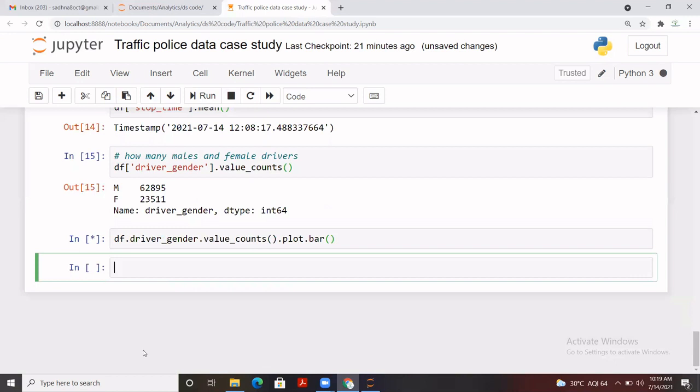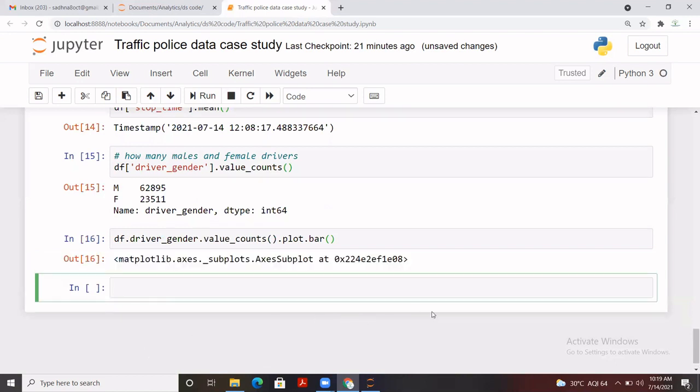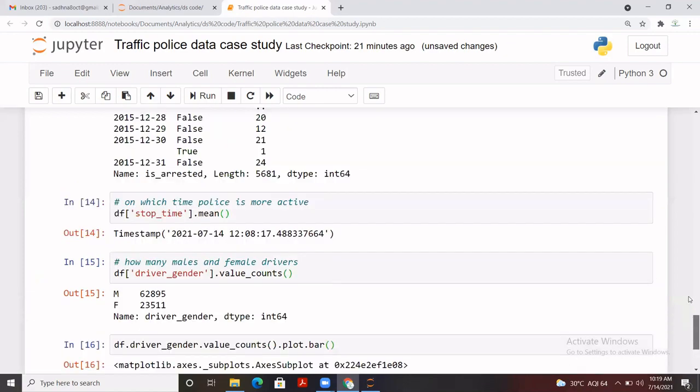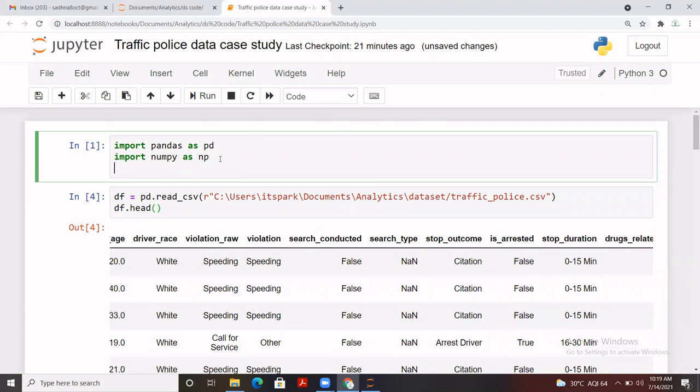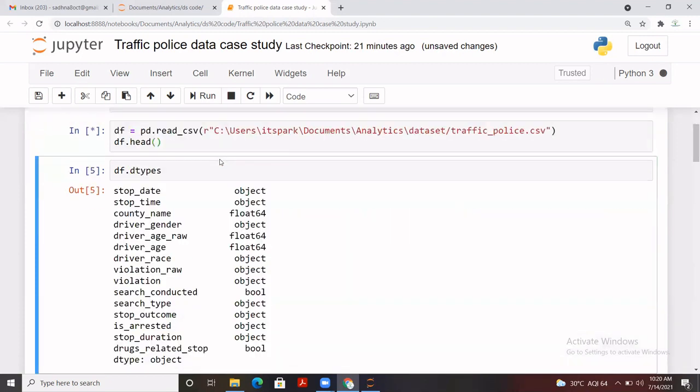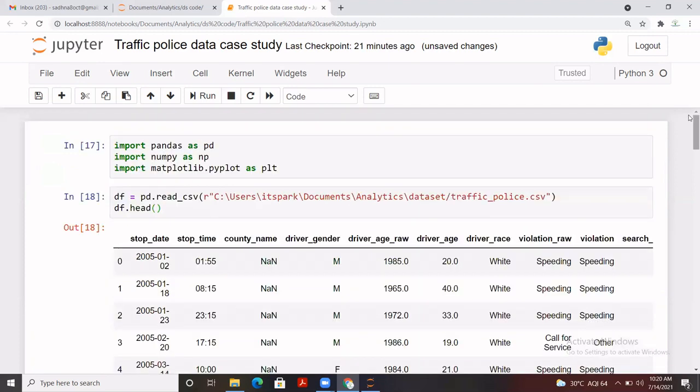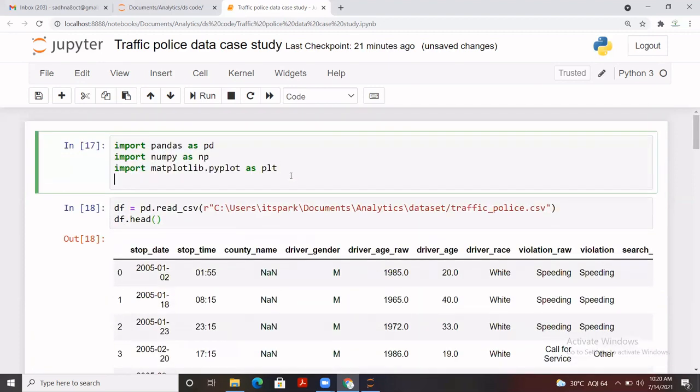So once you run it, we have to basically import numpy, matplotlib.pyplot as plt, and we have to do %matplotlib inline.